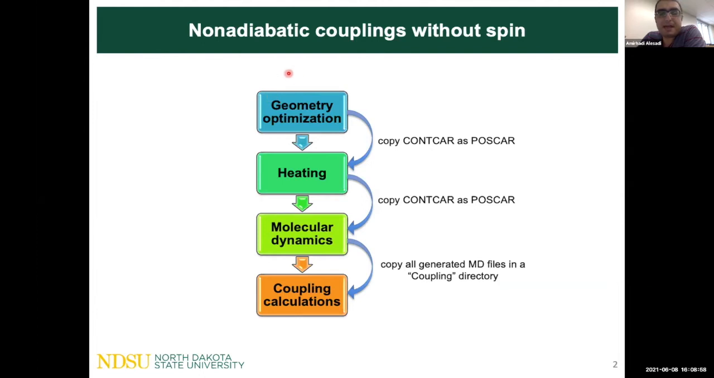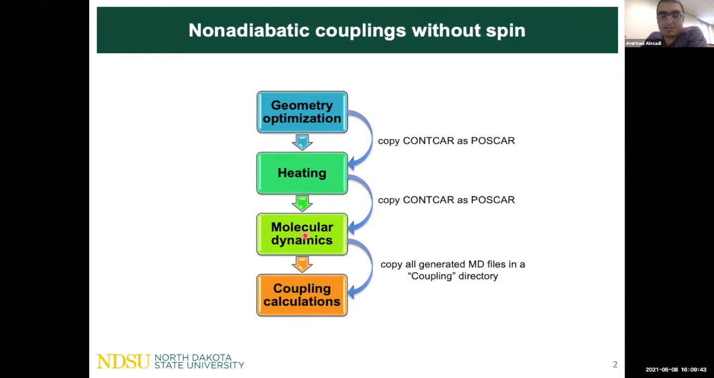First of all, we have the geometry of the system. We should do geometry optimization at the ground state. Then we need to copy the CONTCAR file as a new POSCAR and start the heating calculation. At the end of the heating, we have again the CONTCAR file. We should copy that CONTCAR file again as a new POSCAR and do the molecular dynamics calculation at the desired temperature. So after this, we have all generated molecular dynamics files, and after this, we can start the coupling